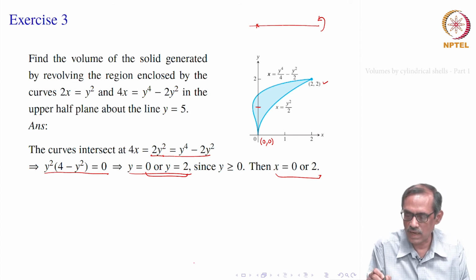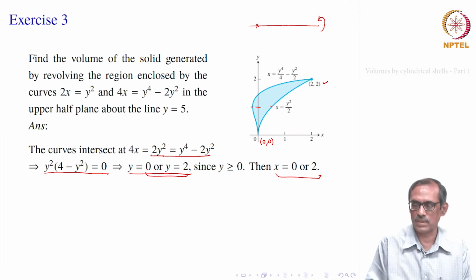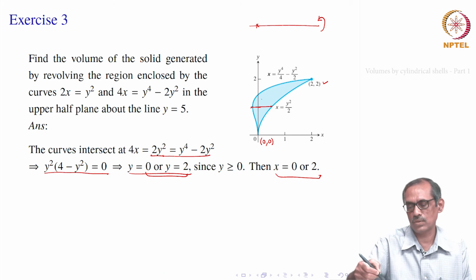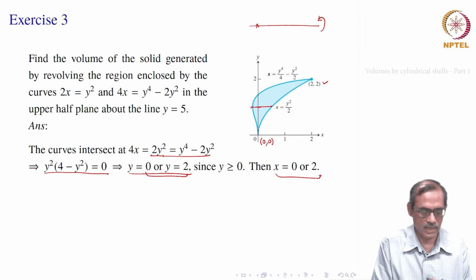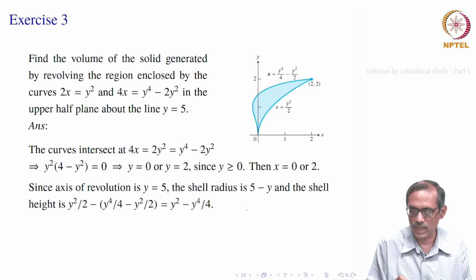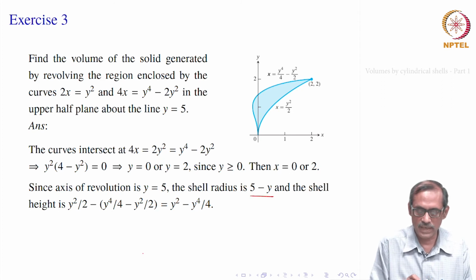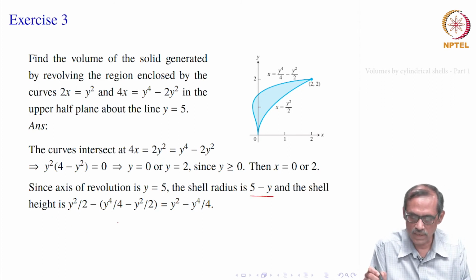And what is the cell height? Now, you have two edges, one here, another here also. So, both the things we must take into consideration, or you can take two solids and then add those two volumes separately, that is also possible. So, that is how we will be getting the cell height. The cell radius is 5 minus y as we have seen, and the cell height is how to get the cell height. First thing is, it is really the cell height, this one.